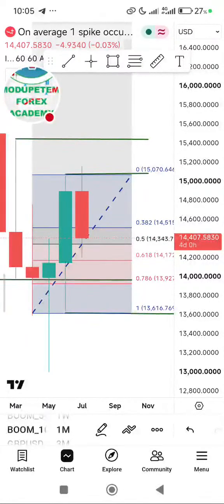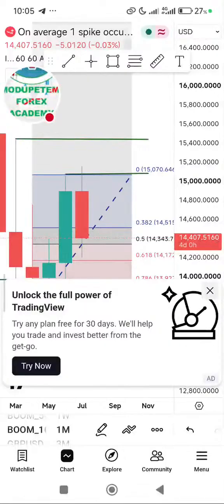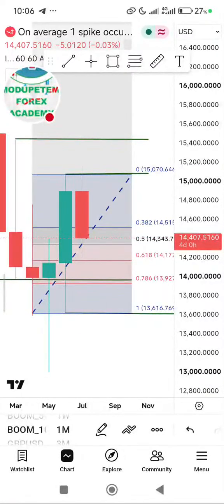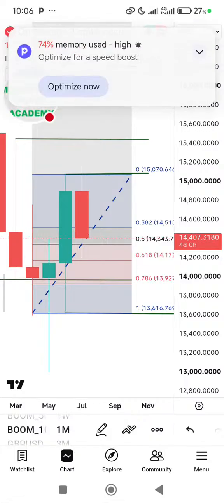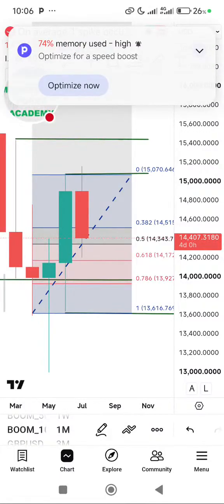Now, what is the psychology of a bullish candle? Open, low, high, close. So I expect them to trade down and take out the CRT candle that we have here, this previous month. This previous month is our CRT candle. So I expect them to trade down and take out the low of the CRT candle. So if they close inside this range, you can expect a rally up.